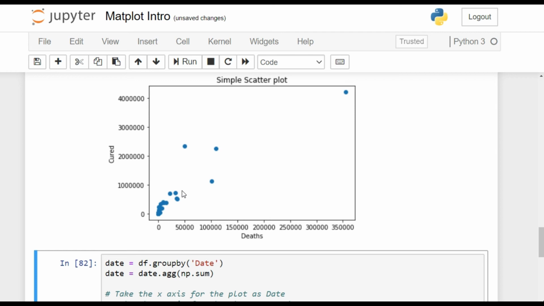Now we can also perform grouping again here, and then plot the dataset. Here we perform grouping on the basis of date. Here we have the dataset in the form of dates. The data is varying with date, like the number of cases is changing as time is passing on. So we perform the grouping on the basis of date and then perform the aggregation over a sum of values.